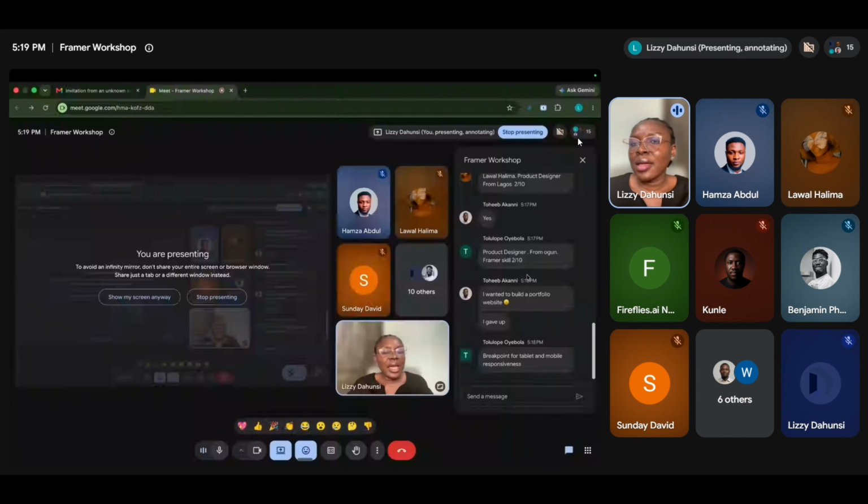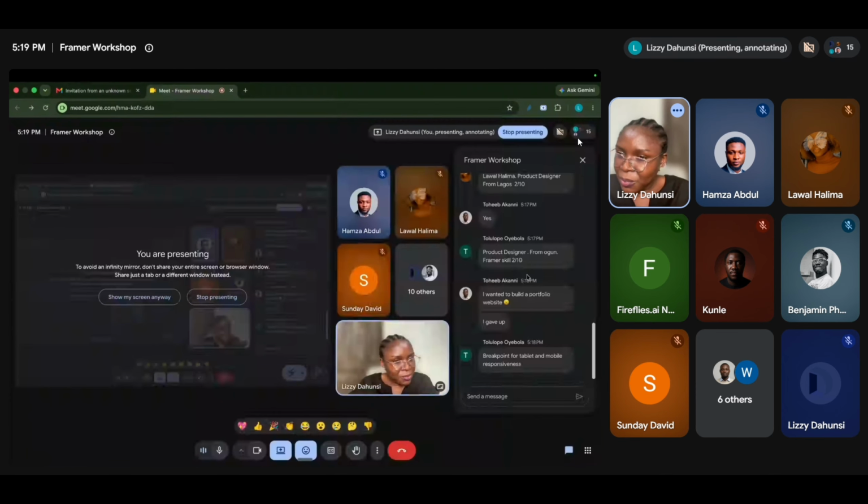So I wanted to incorporate some of those tips and tricks. And then Framer sent me a message that I've exhausted my space. And since then I've not gone back to finish what I started. So that's one thing. How do I save space? I know Amza is here to help us answer that.